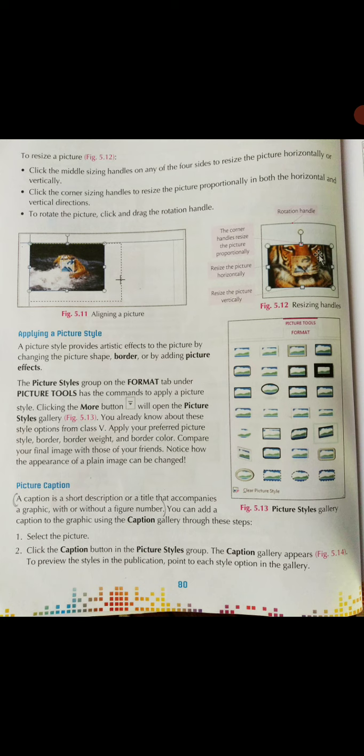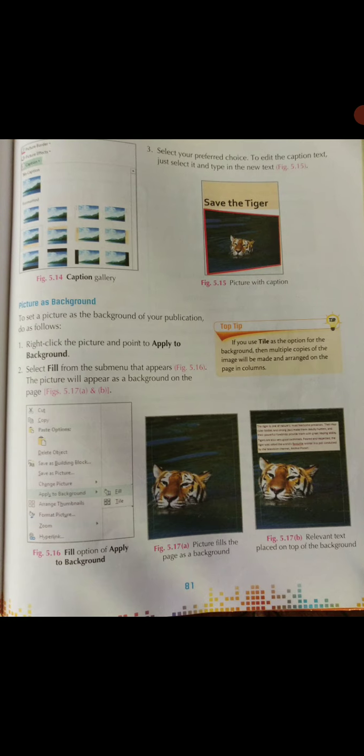Full stop. The caption gallery appears. Full stop. To preview the styles in the publication, point to each style option in the gallery. Up to your gallery.